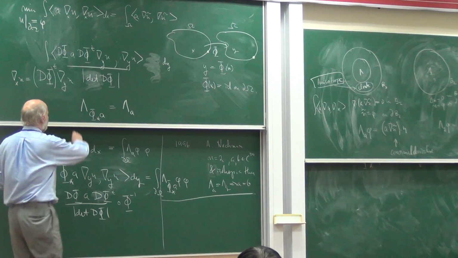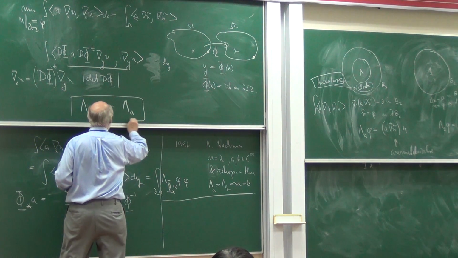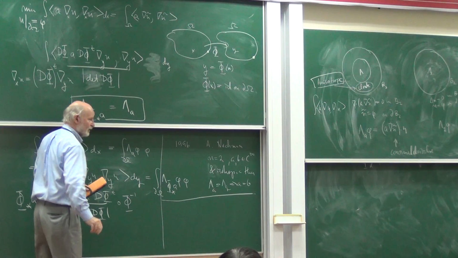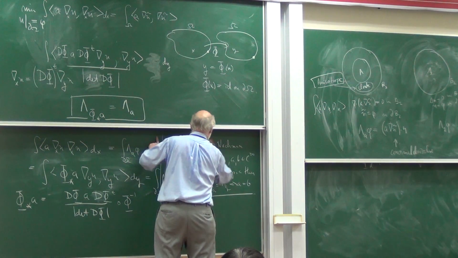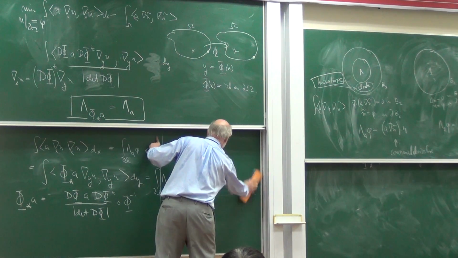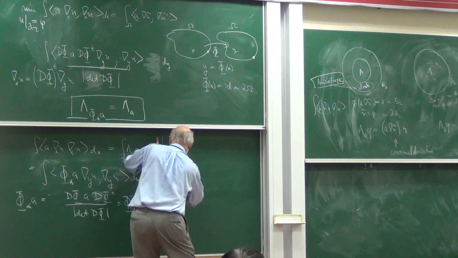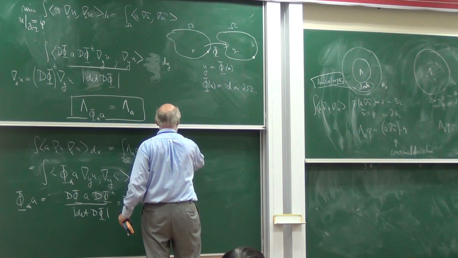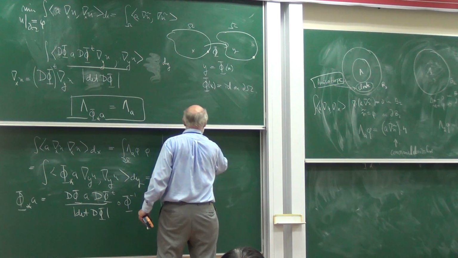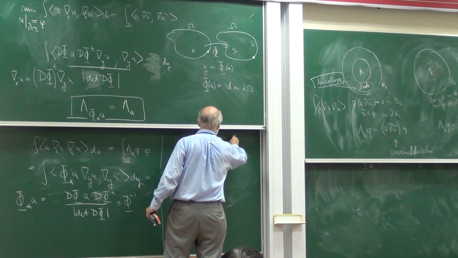So that I have already proven. That's just this change of variable that I made. Now you can ask yourself another question. There are many questions, but the natural question you could ask here is the following. Is it true that if